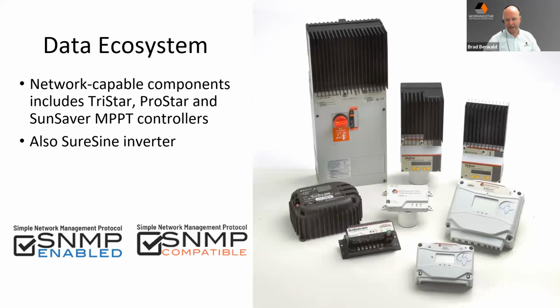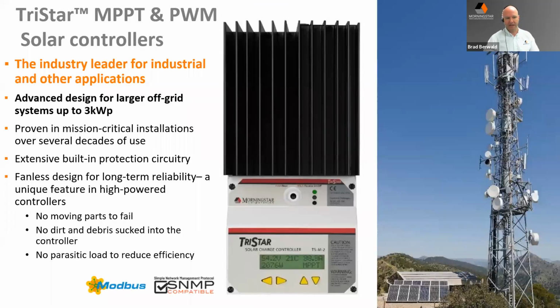So a lot of getting this data starts with accessing our data ecosystem. And this would be our products that are data enabled. They have communication ports, they have open protocols, and you can use our software, you can use our connectivity, or you can work with third-party sources to get this. And a lot of customers, OEMs specifically, even wire directly into our equipment to make our controller part of their product, and get the benefits of that data. So it really starts with, what products have these data enabled solutions. So I'll go through just a brief summary.